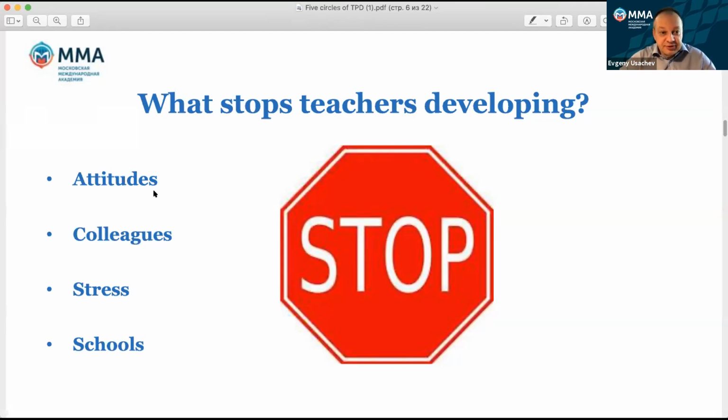The second obstacle may be our colleagues. Depending on the school you work for, the attitude to develop may be different. So in some schools, I mean, by schools, I mean all the educational establishments, universities, language schools, whatever. And in some schools, I suppose you agree with me, there are colleagues who don't want to develop at all. So they are in their comfort zone, and they make sort of influence on our circle, right? It may be an obstacle.